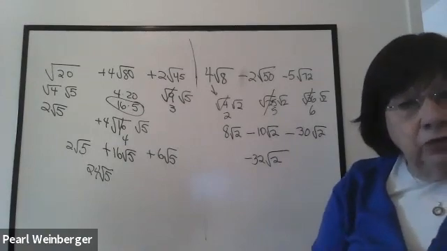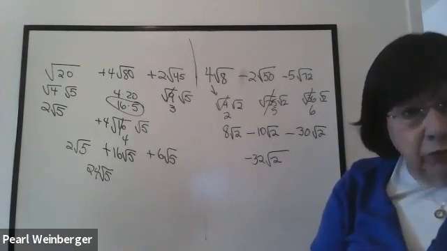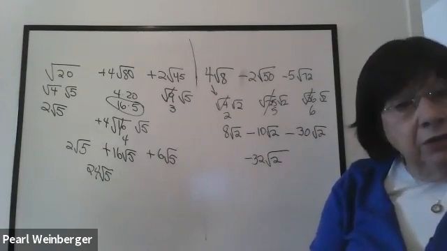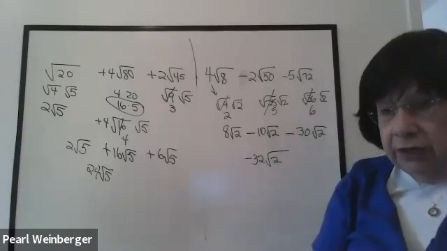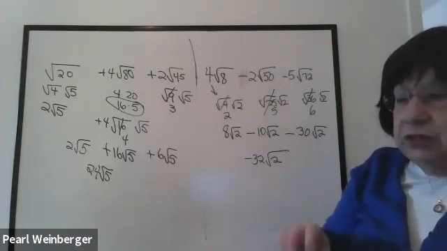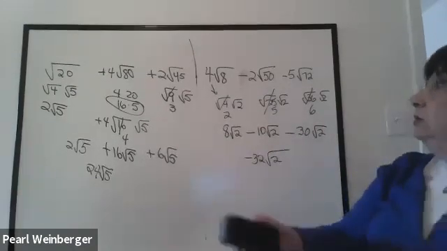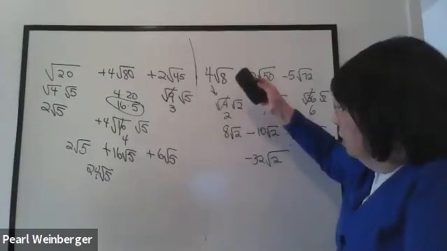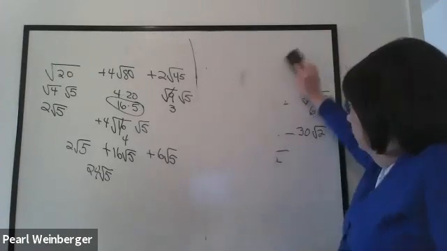Okay, so now that we know how to combine, or add and subtract, radicals, we're going on to the next operation, which is to multiply. I'm not going to do division today, but we are going to do multiplication. It turns out when I want to multiply radicals,